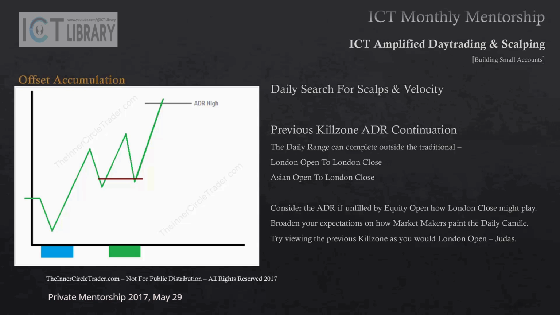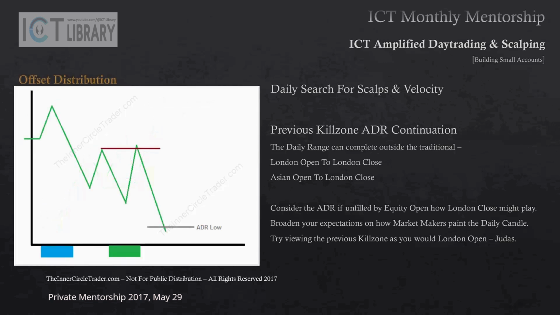Doesn't mean you can't get a stop run. It just means that the most likelihood is it's going to pull back for fair value there because the previous session had a stop run. When we look at offset distribution, all we're doing is looking when the market's bearish. Same thing. Everything's just reversed. I'm not going to force you into thinking this is London Open and New York Open. I want you to think in flexible terms that these kill zones are operable universally going forward.